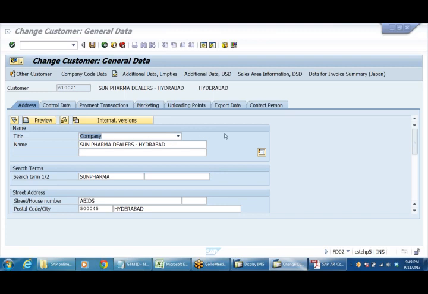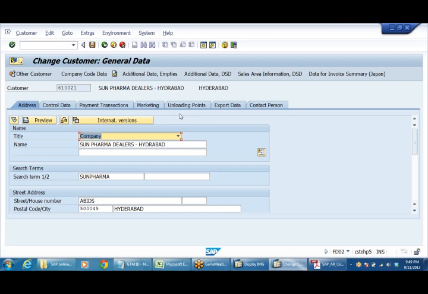Yeah, so we have created the customer master card. Here we have given the name, address, everything, and this is the general data and control data, payment transactions, all these things generally used by the SD consultants, because in real scenario regular customers will be created by the sales and distribution consultants. All this configuration will be done by them. But why we are doing it is, unless we create all those things, you cannot post accounting entries. So that's why we are doing it.